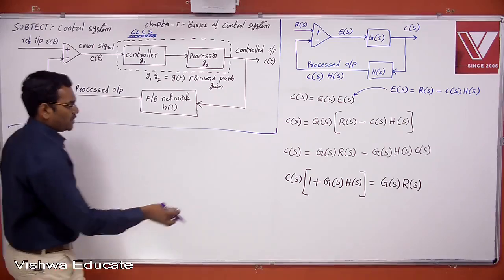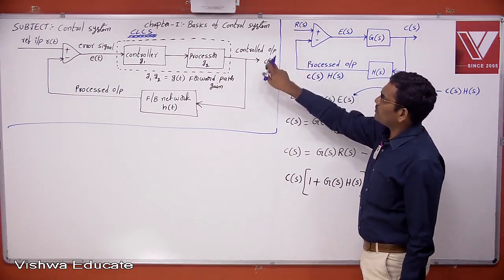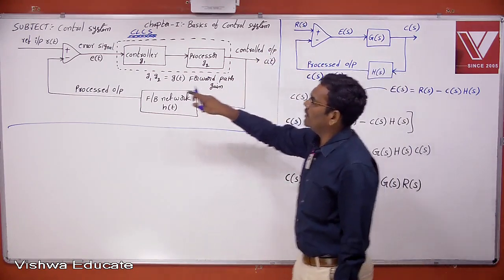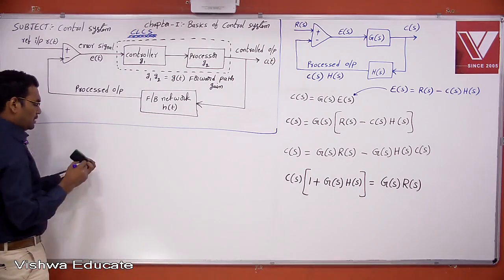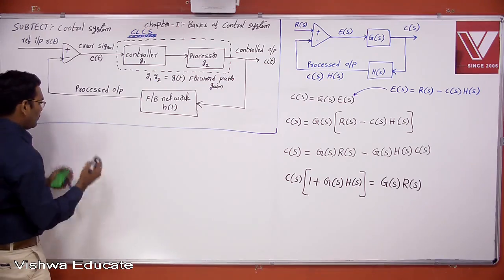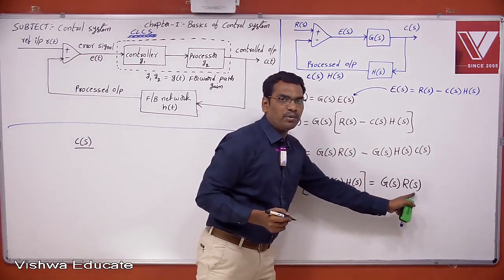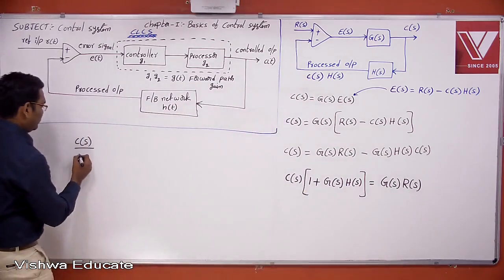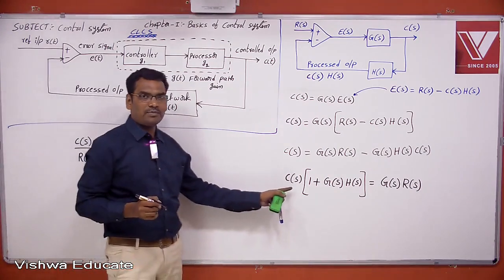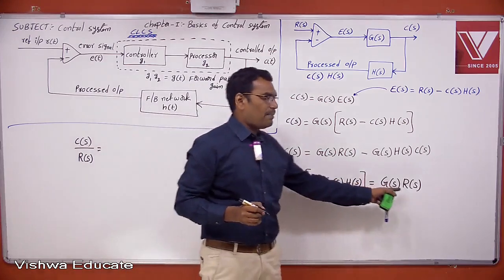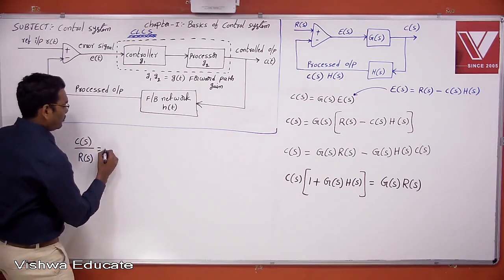The Laplace transformation of output, C of S, input, R of S, because this is controlled output, C of T, reference input, R of T. Therefore, the Laplace transformation of C of S by the Laplace transformation of input, R of S, which is nothing but the transfer function. The Laplace transformation of output C of S by the Laplace transformation of input R of S, C of S by R of S, which is equal to